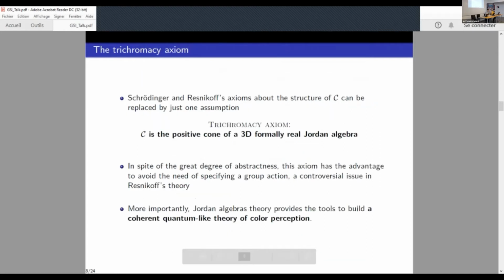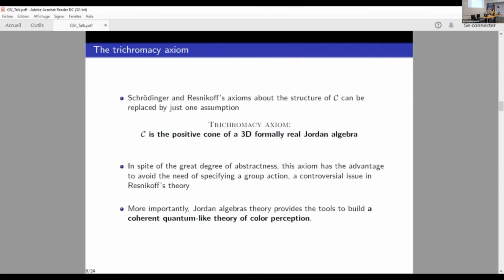Okay, here. So Schrödinger and Resnikov axioms can be summed up by what we call a trichromacy axiom. That is, C is the positive cone of a three-dimensional formally real Jordan algebra. In spite of the fact that this axiom is very abstract, it has the advantage that we don't have to specify a group action, because it is a controversial issue in Resnikov theory, and it is automatically valid if we assume this axiom. And more importantly, Jordan algebras provide a tool to build a coherent quantum-like theory of color